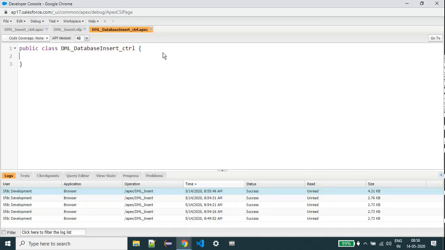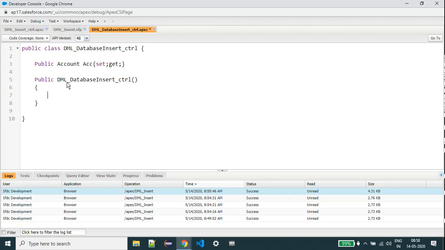For example, here I'm going to take one standard object: public Account acc with setter method and getter method. Then a public constructor. The constructor's purpose is that when the class is invoked, the constructor is automatically invoked, so memory is allocated for this account object.